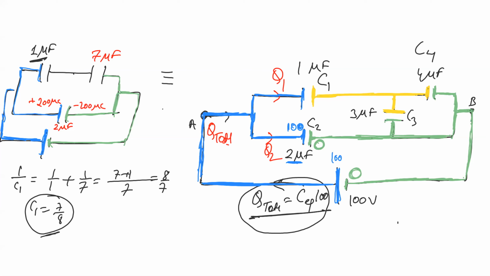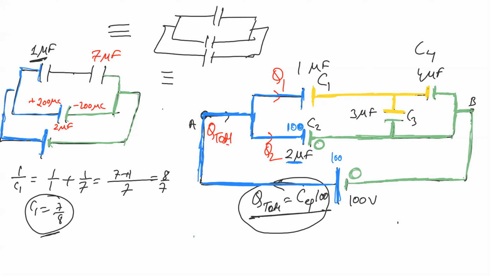Right? So now 1 and 7 will be replaced. How much will it be if 1 and 7 are replaced? What will be the value coming here? Can we say 7 by 8? So we have 7 by 8, and we already have 2 down, and we already have the battery also. So try to understand now. 7 by 8 has come. The equivalent is coming as 7 by 8.